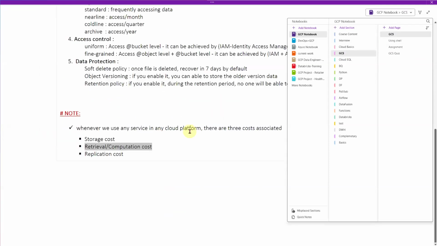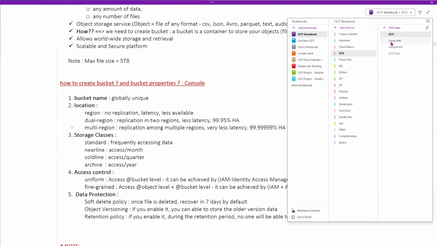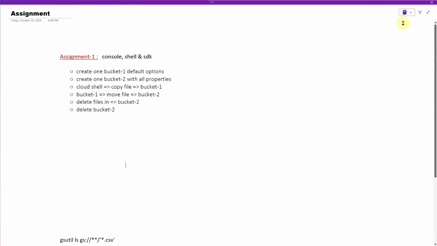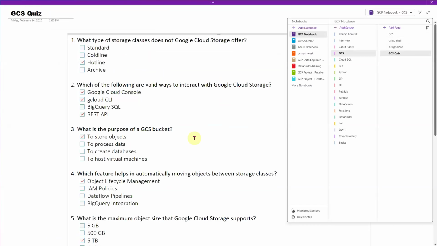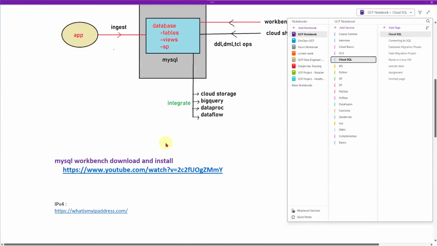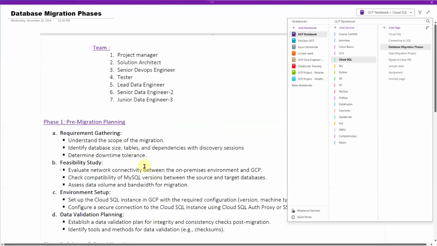The very first service is GCS, guys. What is GCS? How to work with GCS? Using the console, using the cloud shell, and assignment is also there, and sometimes the quiz is also there. Once the GCS is completed, we go for Cloud SQL. So what is Cloud SQL? How do we connect to the Cloud SQL? Data migration. So in the Cloud SQL, the main important thing is that we are going to see database migration